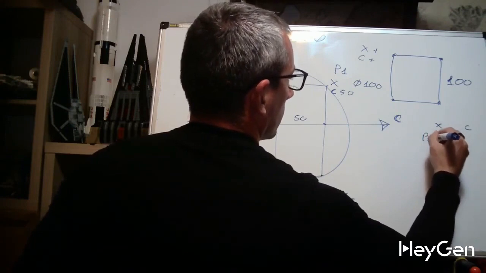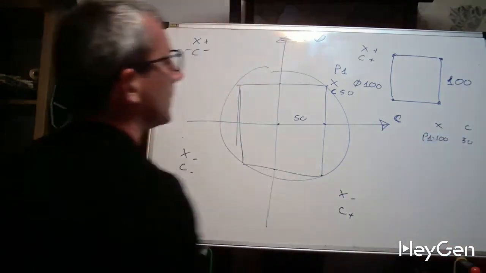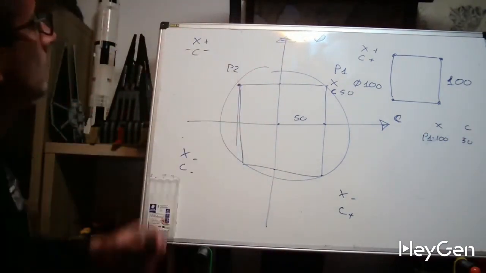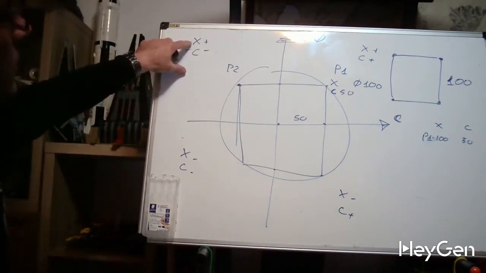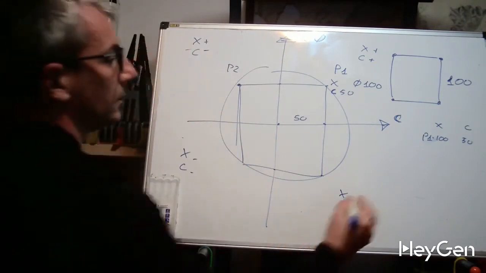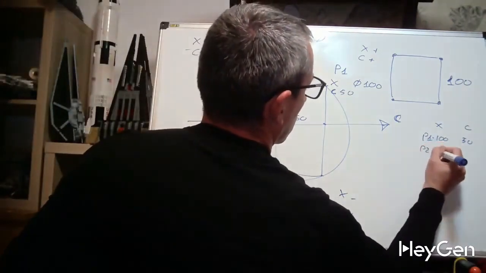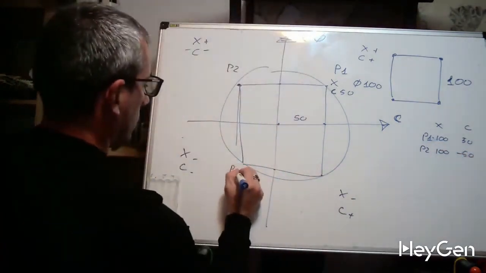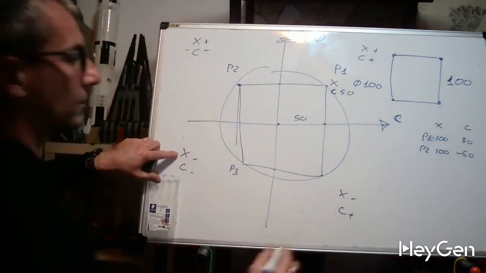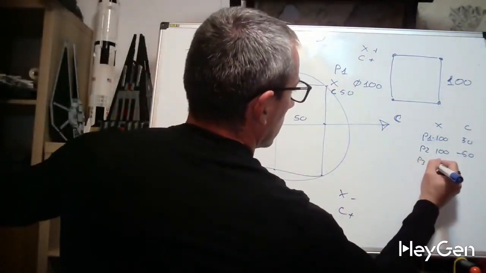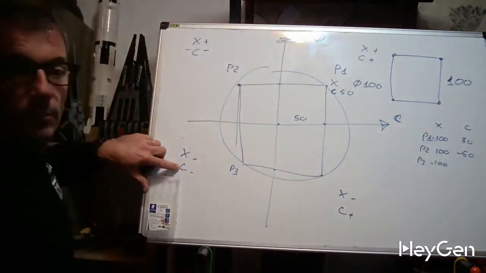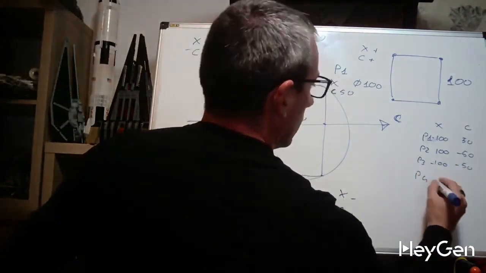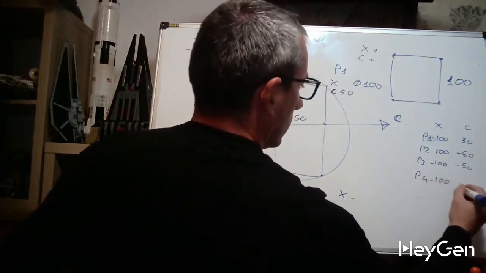Parameter 1 is multiplied by 100, resulting in a significant increase in its value, and it has a constant value of 50. Parameter 2 is also multiplied by 100, which similarly increases its value, but it has a constant value of negative 50, indicating a decrease. Parameter 3 is multiplied by negative 100, which decreases its value significantly, and it has a constant value of negative 50, further reducing it. Lastly, parameter 4 is multiplied by negative 100, decreasing its value, and it has a constant value of 50, which